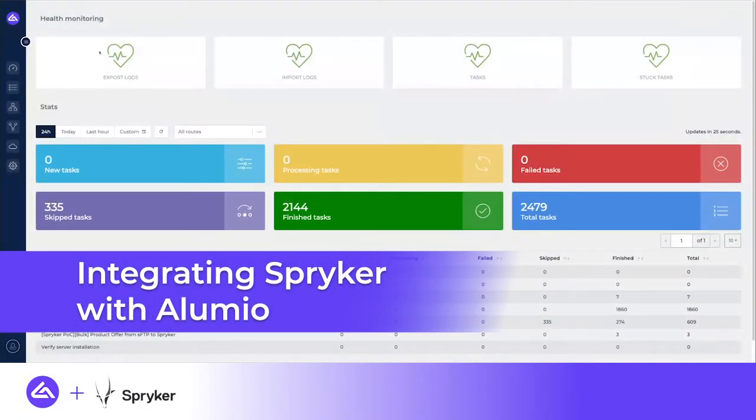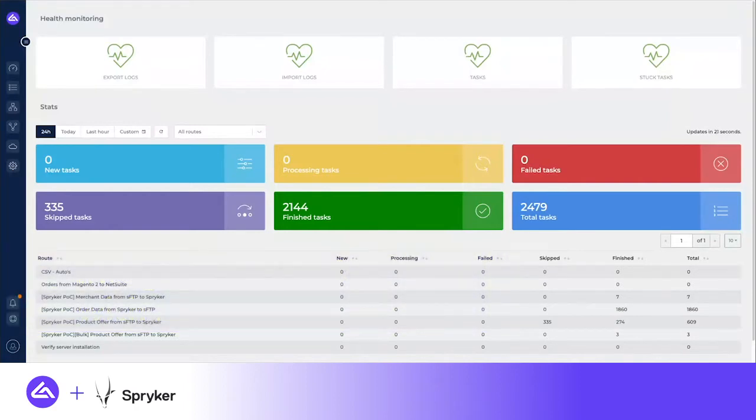Welcome. In this video, I will be showing you ways to integrate Alumio with Spryker. For the purpose of this video, we have chosen to integrate Spryker with an SFTP. We have 4 integrations created, 3 of them being unique entities and 1 replicated integration to show you bulk processing